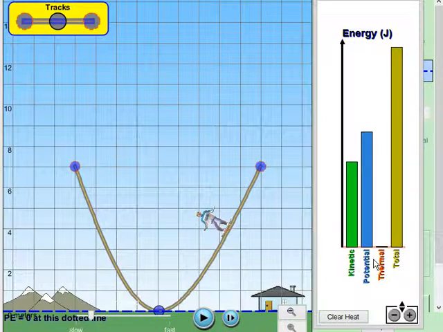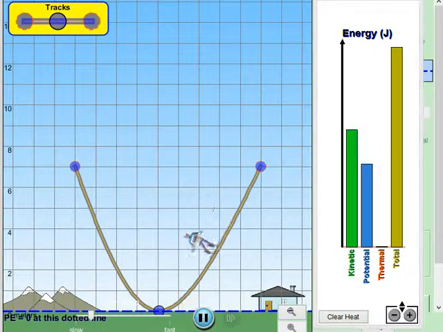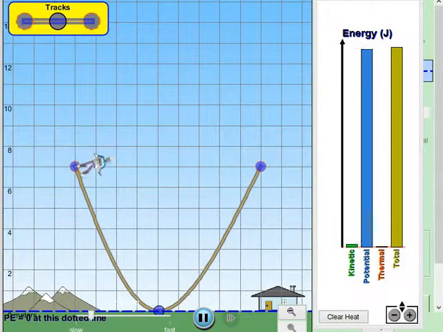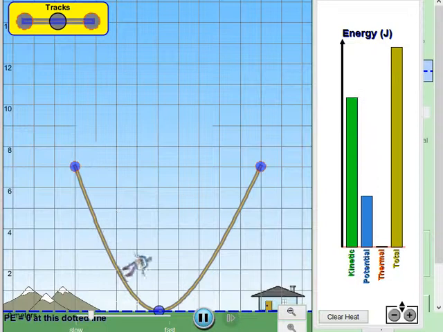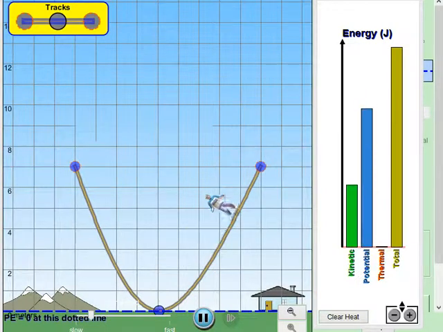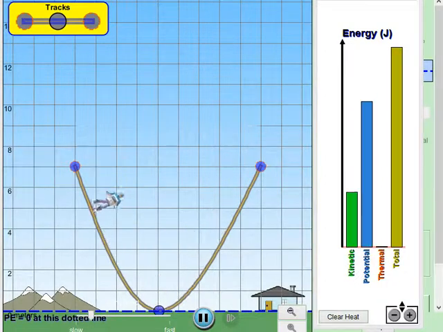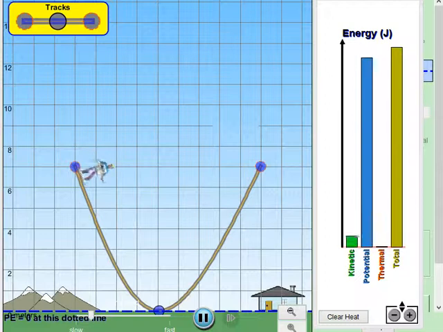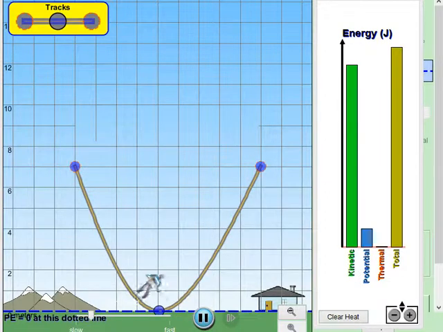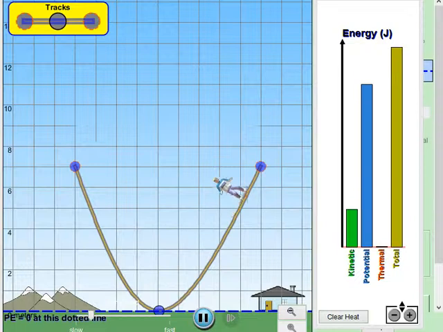Remember that before this we began this simulation, we set the frictional force to be 0, the coefficient of friction to be 0. If I press play now and I observe this, these bars keep changing, the guy keeps going up and down. How long do you think this is going to happen? Yeah, at points A and C it's all potential energy, at point B it's completely kinetic, at any other point it's a summation of both. That's why the bars are going up and down. Do you think this is going to go on for a minute, about an hour? It's going to do this forever because there's no friction.